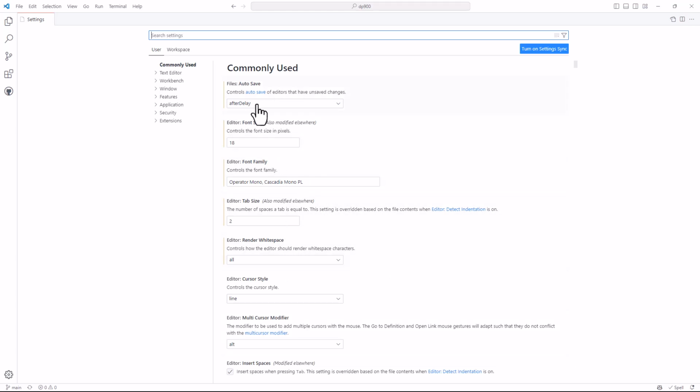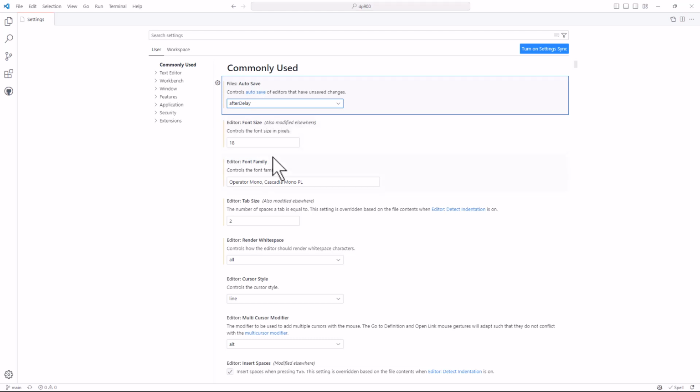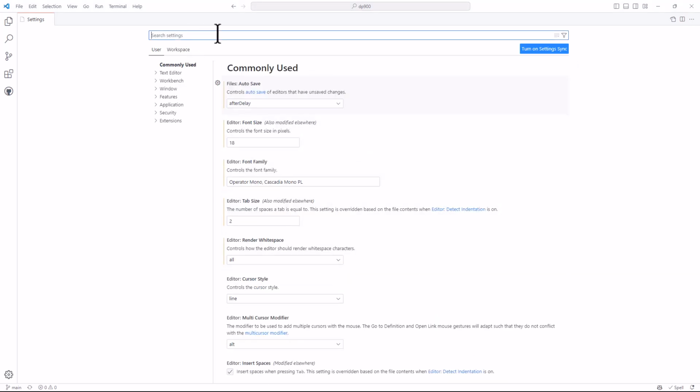We've got, do you want your documents, your open editors, do you want to have autosave? I absolutely do that, and I set it to after delay. And there's another property here that you can set, the autosave delay. Let me see where that is, if it's in here. We could always look at it. Let me just do a search here for auto